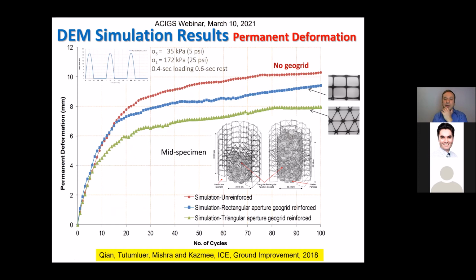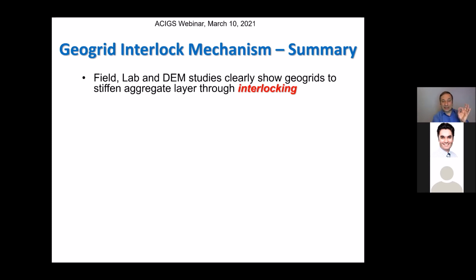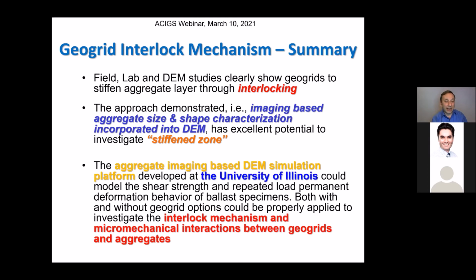Another example of that with two different geogrids, how we did the permanent deformation simulation of a triaxial test. You can clearly see no geogrid, and in the geogrid cases, we see much lower permanent deformation accumulation under such repeated loading cycle, right? So these are the efforts that helped us to pinpoint some of the factors affecting the interlocking, understanding therefore aggregate shape and size and how they contribute to the stiffened zone, and by actually